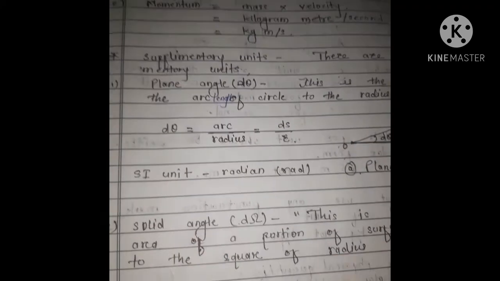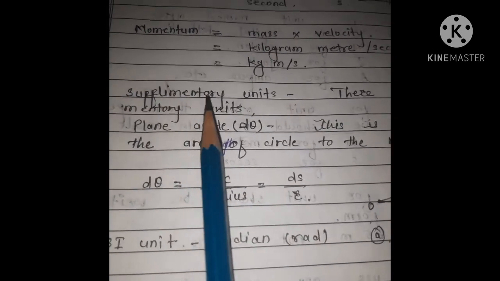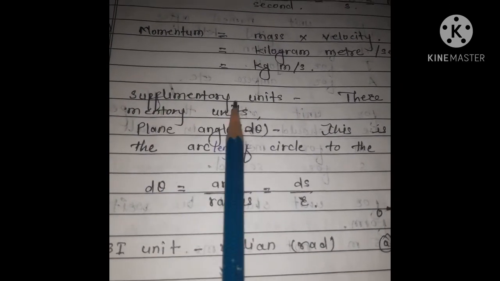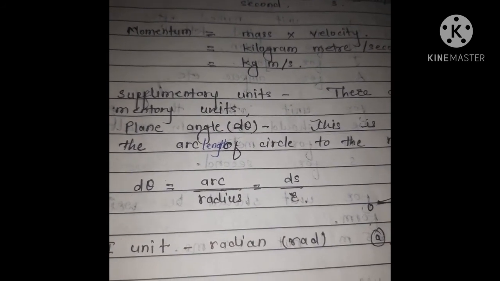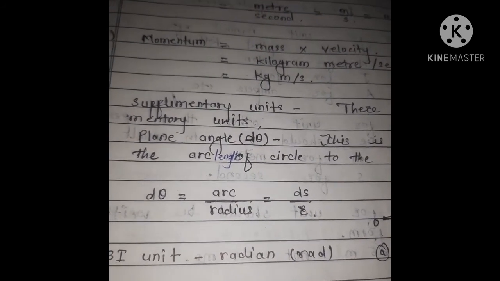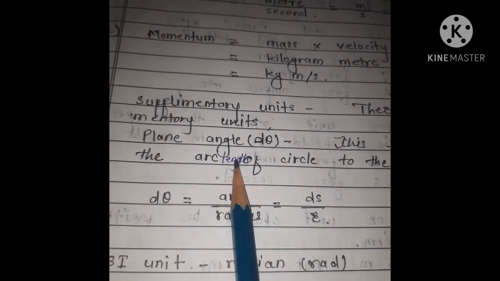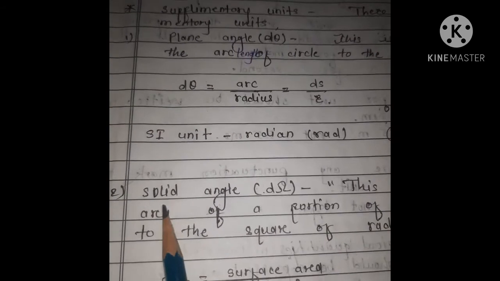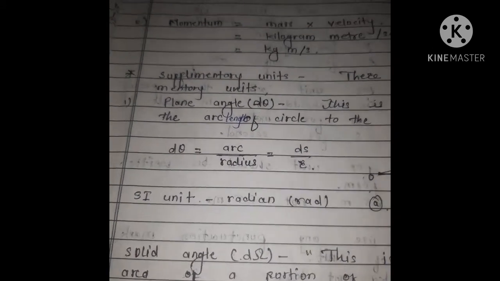Now we are going to see the remaining units, supplementary units. There are two supplementary units in SI unit system. One is plane angle and second one is solid angle. We will see